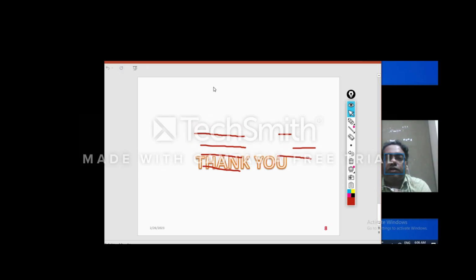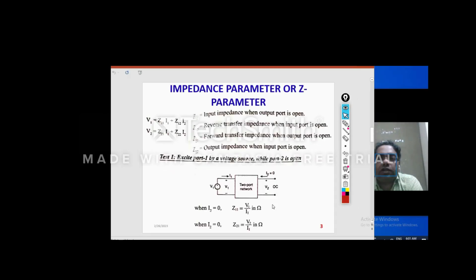Output port 2 is open circuited and we are connecting a voltage source at port 1. So since port 2 is open circuited, I2 is 0. So Z11 is V1 by I1. If you just see the relation, if you make I2 0, then V1 by I1 will be Z11.